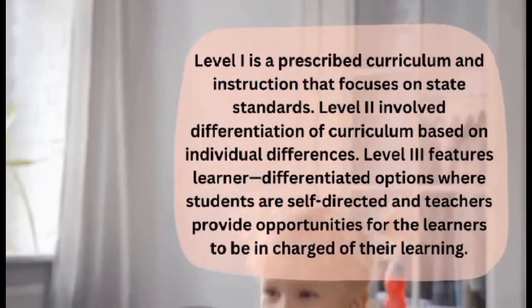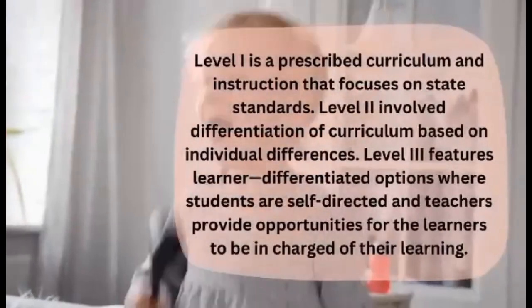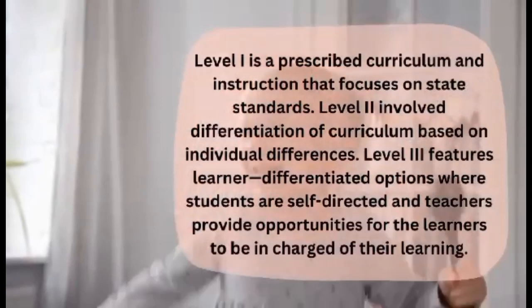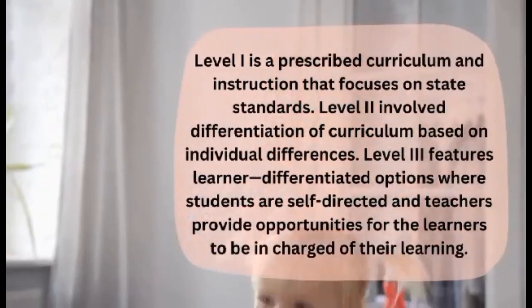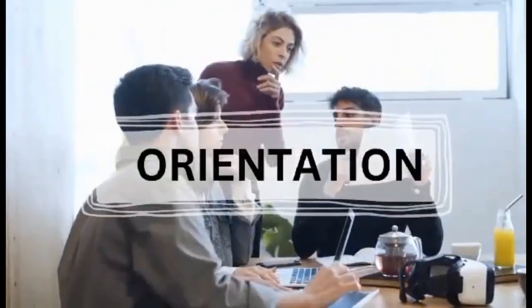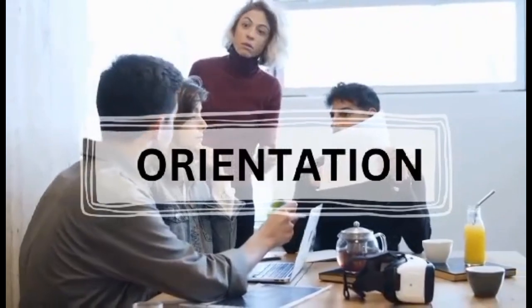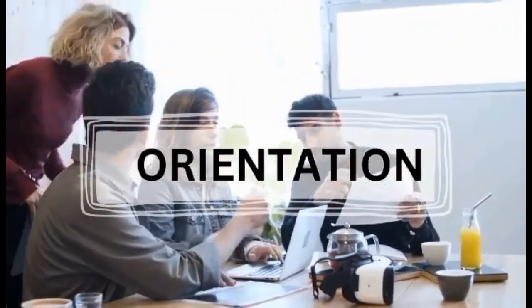Level 2 involves differentiation of curriculum based on individual differences. Level 3 features learning differentiated options where students are self-directed and teachers provide opportunities for the learners to be in charge of their learning. In orientation, the gifted students work together in doing self-understanding exercises that will help them be